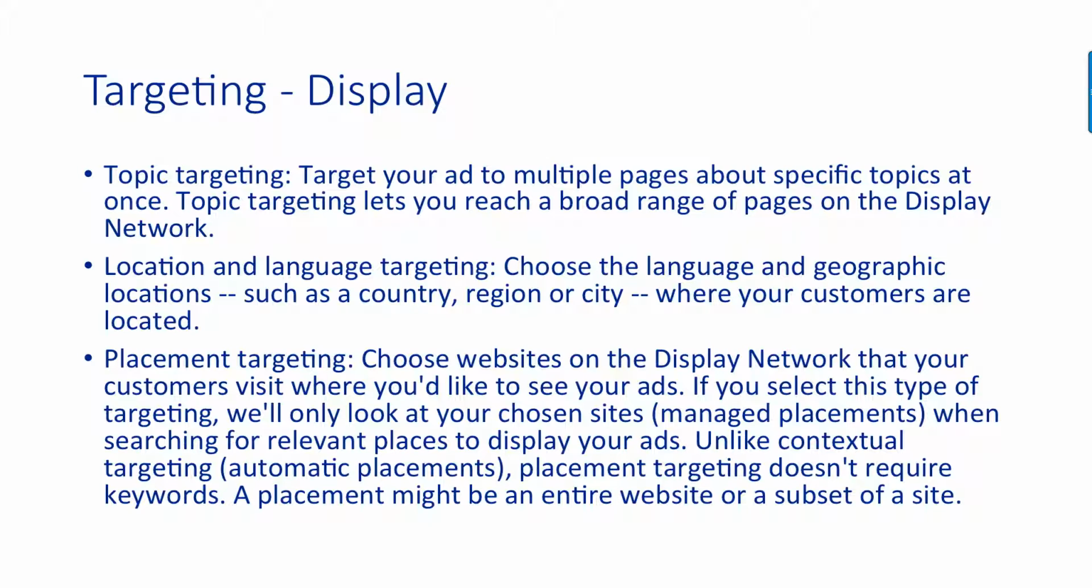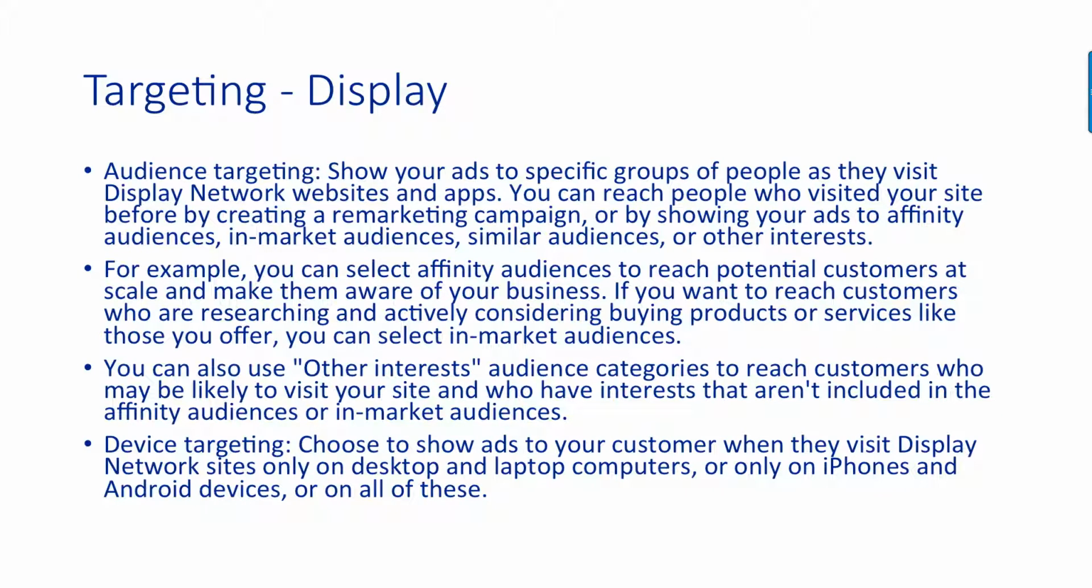So I can search the display network and see, is the Belfast Telegraph in their network? I know it is, and then I can select it and say, okay, I want to place my advert here. So it just means that you can be very prescriptive about what websites you want your adverts to appear on. You've got audience targeting, so you can show your advert to specific groups of people who visit the display